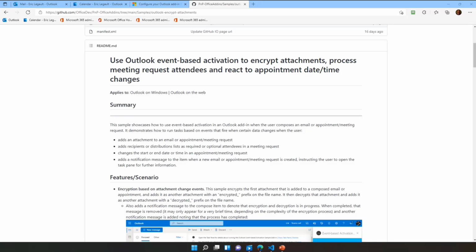And when the user adds recipients or distribution lists to an appointment, or even changes the start or end date time in an appointment and meeting request. It also demonstrates how to use notification messages during some of these events to give some feedback to the user that some code is happening. So I'm going to go ahead and start sharing some of my deck here